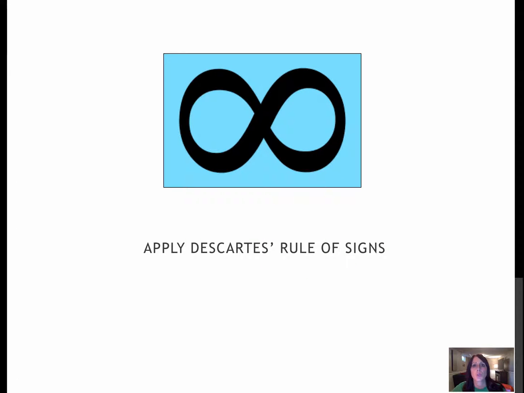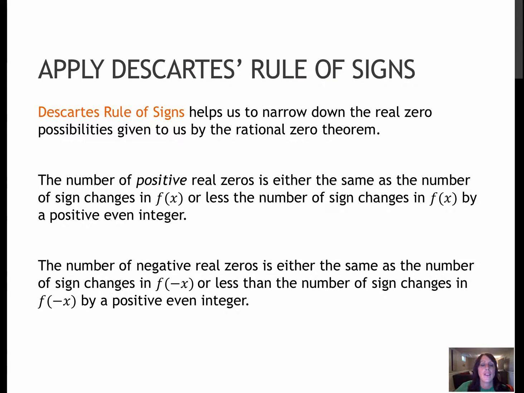This is a very short lesson or introduction to Descartes' rule of signs. It is really just going to help us narrow down the types of solutions that we could have for any given polynomial. So the number of positive real solutions